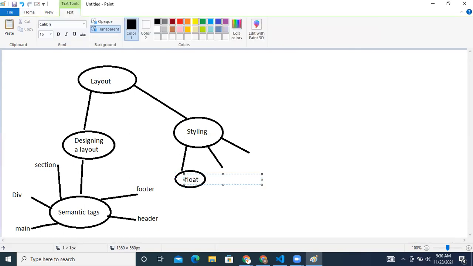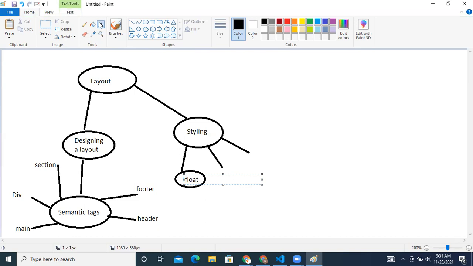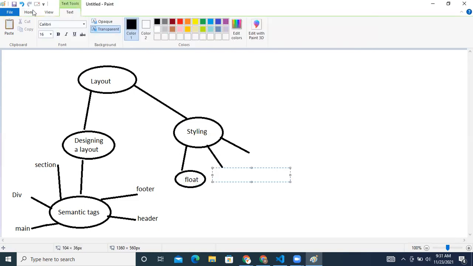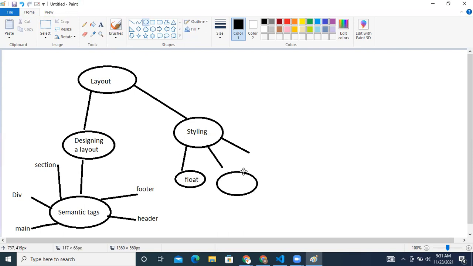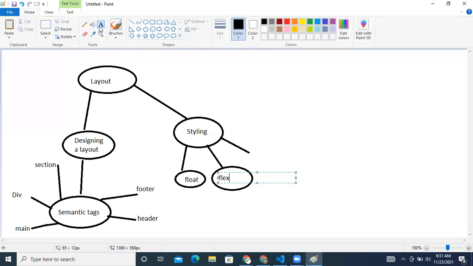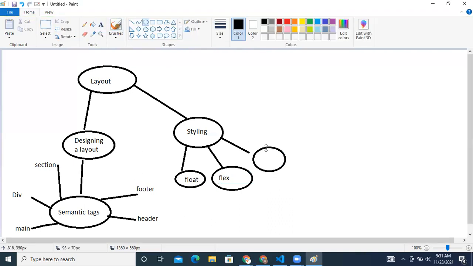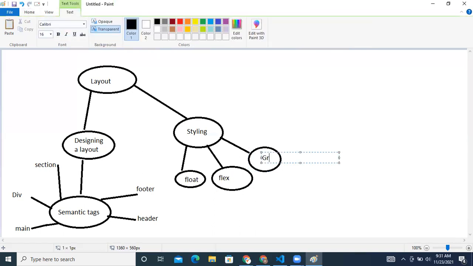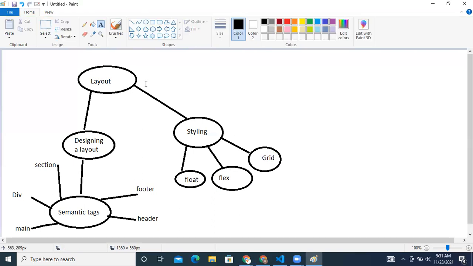No. Okay. So float, flex, and grid. These three things we later started using for designing layouts, right? Flex and grid became very popular. So based on the requirement, we will use either flex or grid, okay?